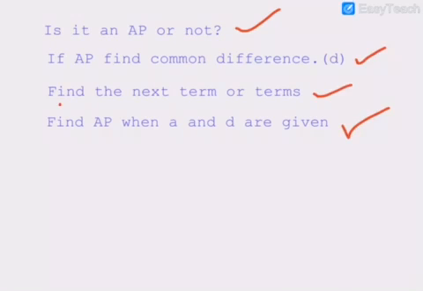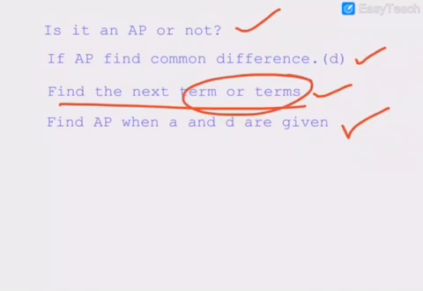Coming to the third type, find the next term. We have already done this in the first example. For finding the next term you will have to find two things, a is equal to and d is equal to. d is equal to a2 minus a1 you will do. The next term onwards, after the terms they have given, you will be finding. For example, here is the series 0, minus 4, minus 8, minus 12. Though it is an arithmetic progression, every time you are adding minus 4. 0 plus minus 4 gave minus 4. So you have to find out this minus 4.